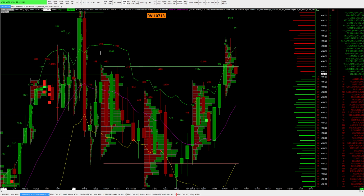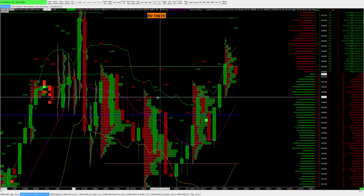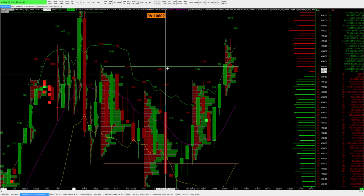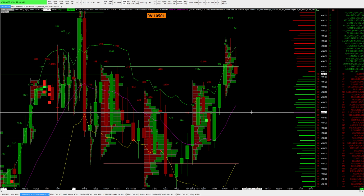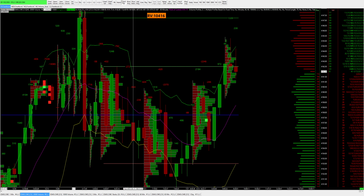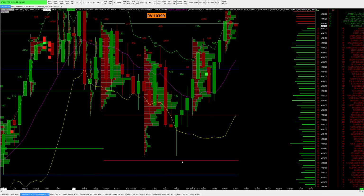I believe I shorted at 38.50, about right here. My stop was at 42.75, basically new highs, maybe two ticks higher at 43. So that was a 4 or 5 point range, which is a very manageable risk tolerance. And then yes, we did have a sell off into this